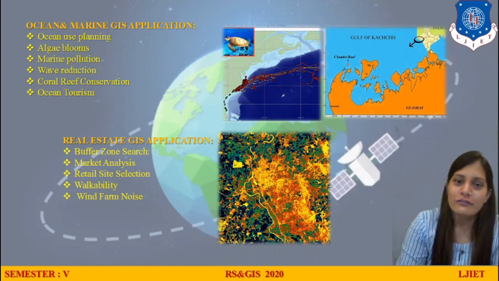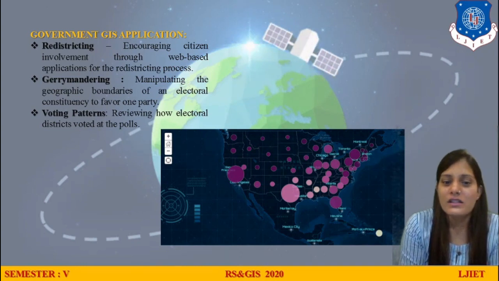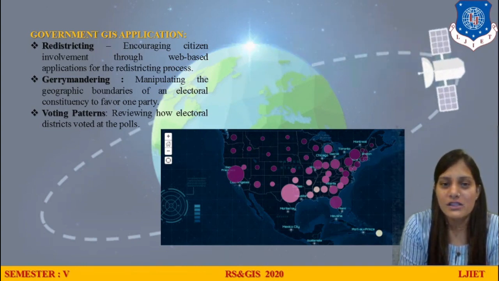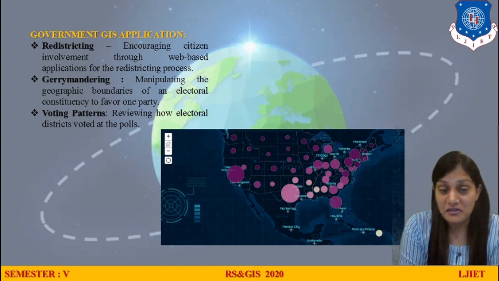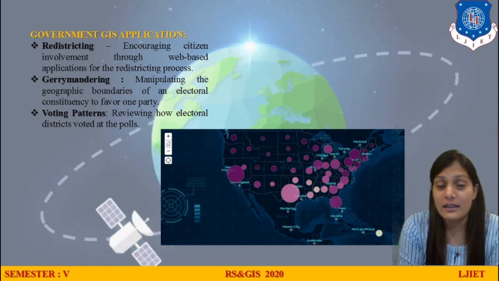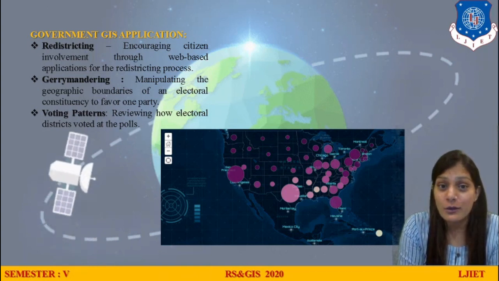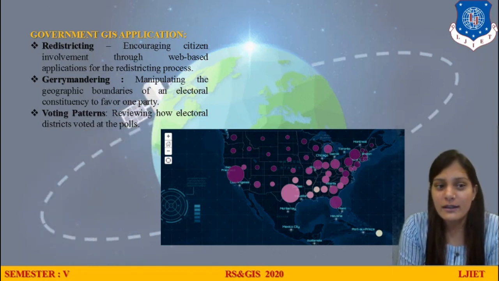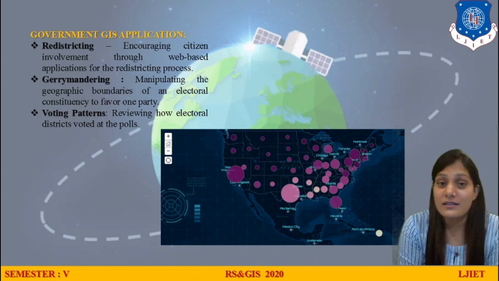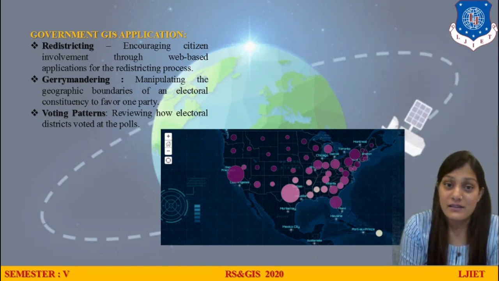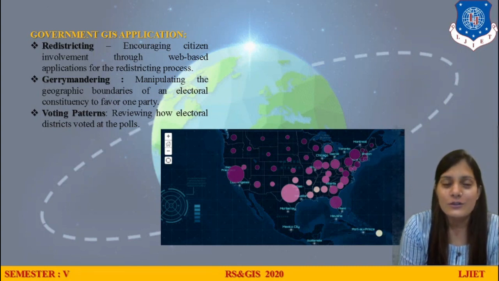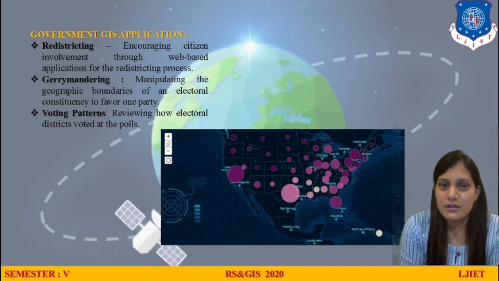Right? So moving further, we will see the government GIS applications. What are the government GIS applications? Yes, there are many. What is the voting pattern of our city? What is the local governing body? How many members are in the local governing body? What are they doing? Right? Is each and every citizen getting a good right to do or not? What are the web-based things that each and every citizen is into? So these are the terminologies which are coming up.